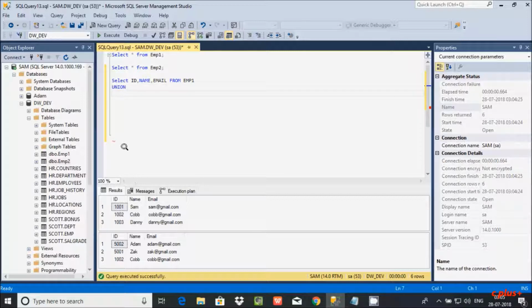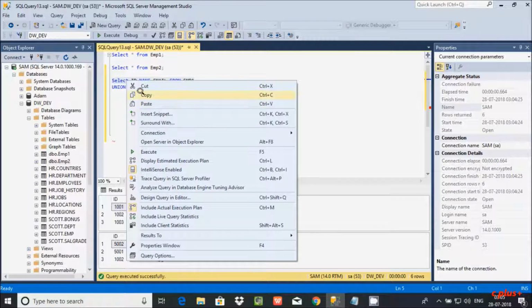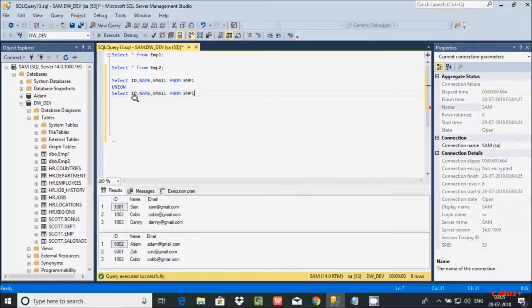Let's copy this particular line and paste it down, and here give EMP2. So if you execute this query,